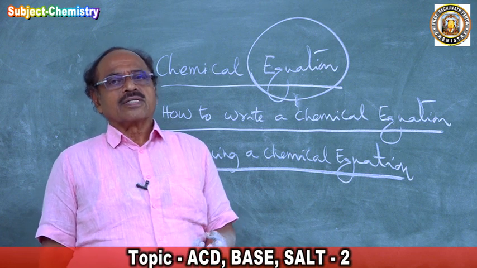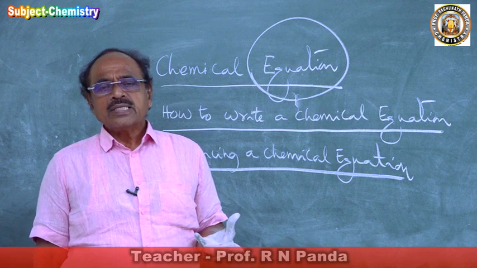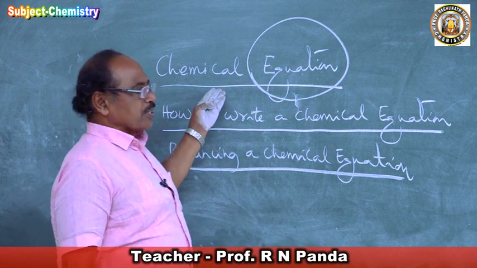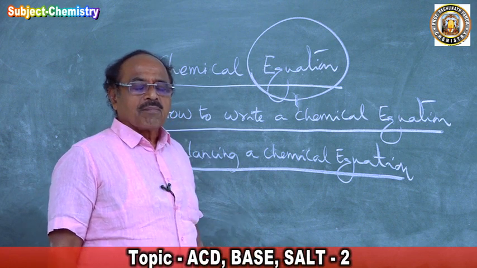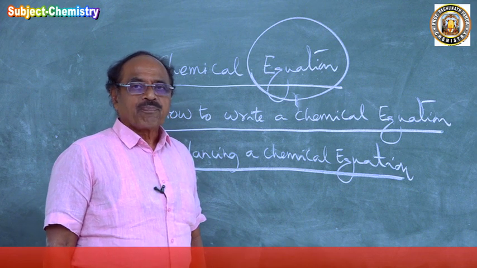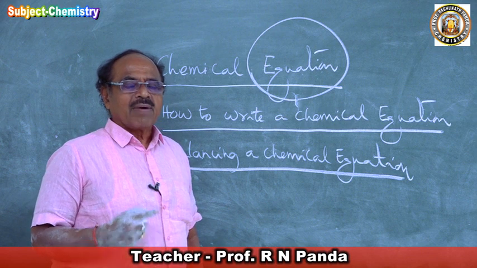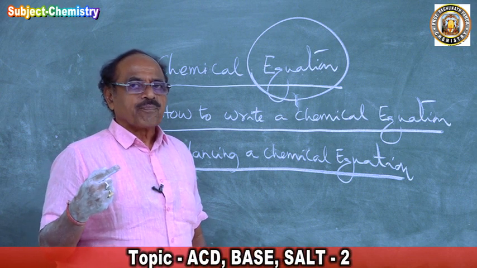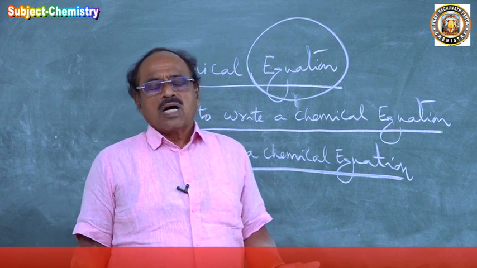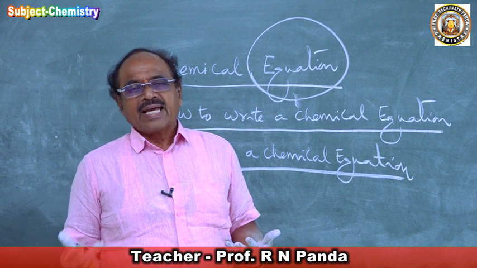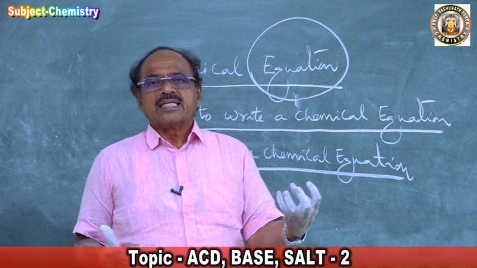Equation is an expression which explains the equality between two terms. Then chemical equation. Why? Now the substances react by their chemical equivalences. I told you at the very beginning, substances react by their chemical equivalences. Then what is the law of science? There is no loss or gain of energy. The energy is never created or destroyed. So the energy remains constant.